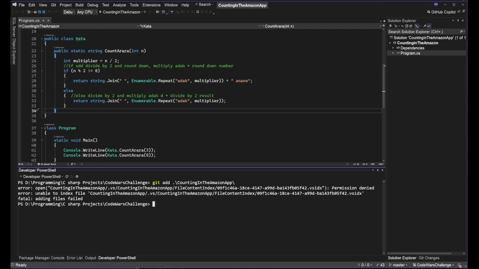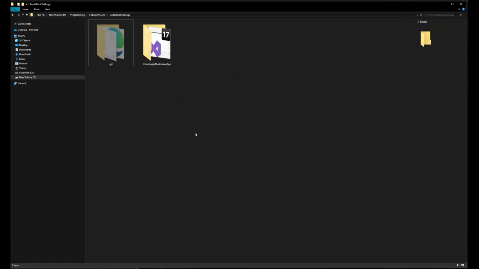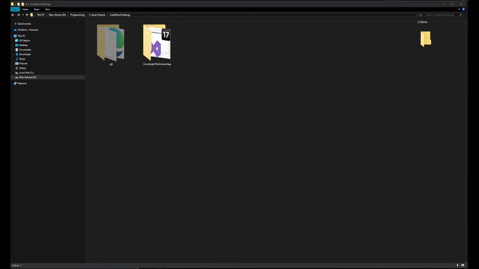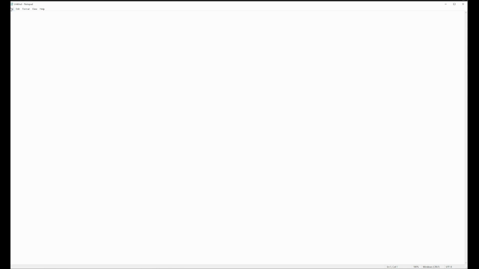So first thing to do is go to your file explorer, go to your location, and if you've got git ignore files, it becomes really easy. If you do not have git ignore files in here, I'm trying to add this counting in the Amazon app to my Git. Since I cannot see git ignore file, what I'll do is I'll open up Notepad and save